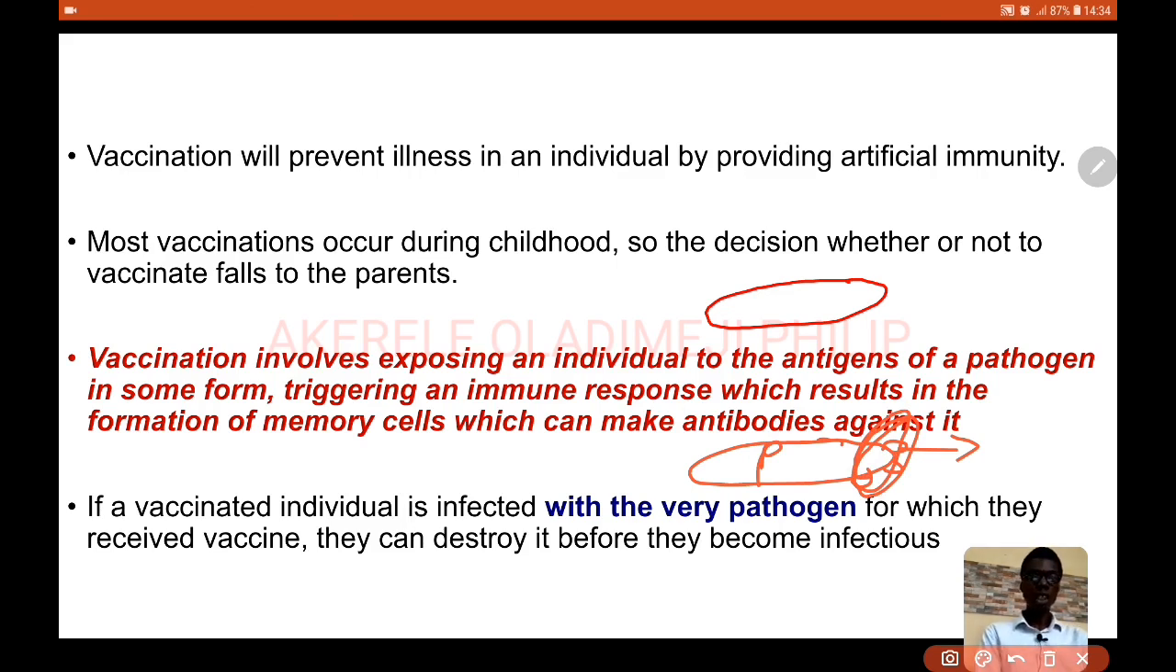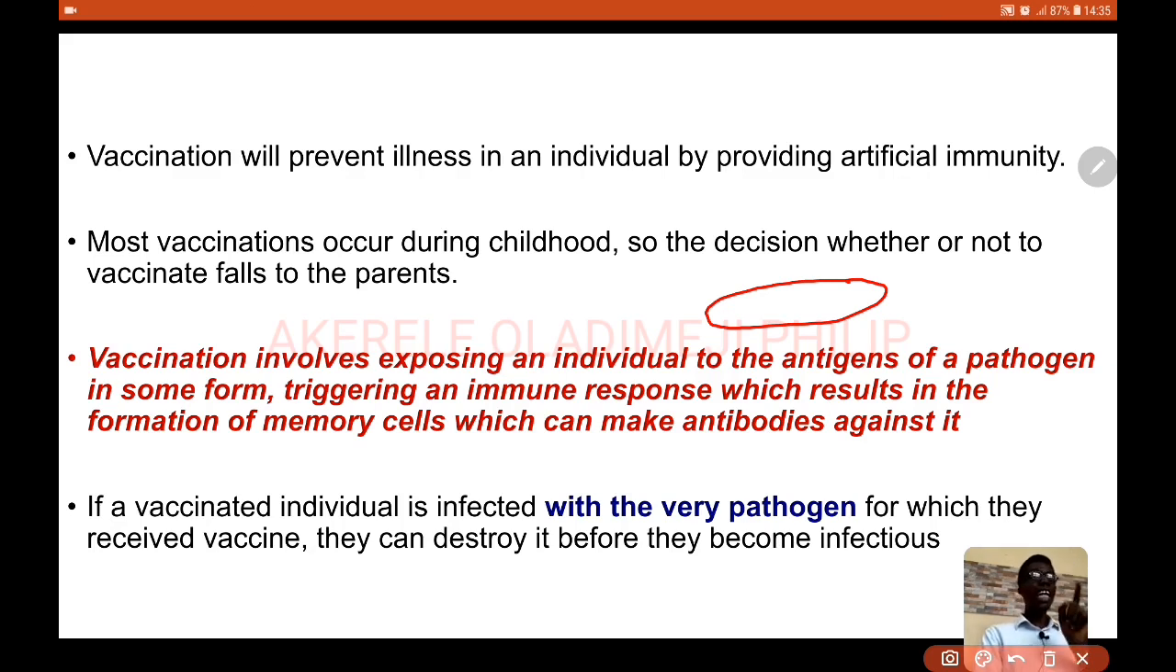Once that is done, it will trigger an immune response, which will result in the formation of memory cells, which will make antibodies against it. Now, let me get that clear. What it means is this. I think I explained that earlier on. The moment you introduce the antigen from a pathogen, in its inactive form, it will stimulate the body, the white blood cells, to produce antibodies, number one. Number two, it will stimulate some cells called memory cells that will always remember that one pathogen has been here